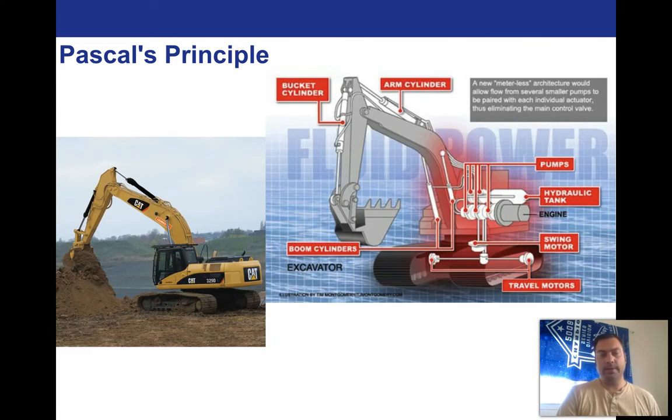Okay, this is in fact exactly how this excavator works. You'll notice that there are these pistons right here. Here's a piston, here's a piston, here's a piston, and they're all connected through a series of hoses. See all those hoses right here? Those hoses are all connected to a central hydraulic tank and a series of pumps that are all connected right here in the middle. So this whole arm is operated entirely through a system of hydraulics. Again, this is a big Caterpillar excavator. These are used for digging very deep trenches and are used in construction yards all across the world. But again, the main source of all of the hydraulics is right here, in the center of the tractor.